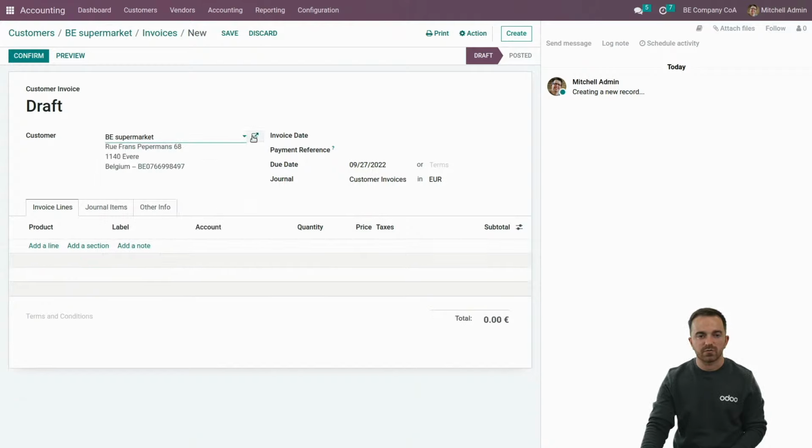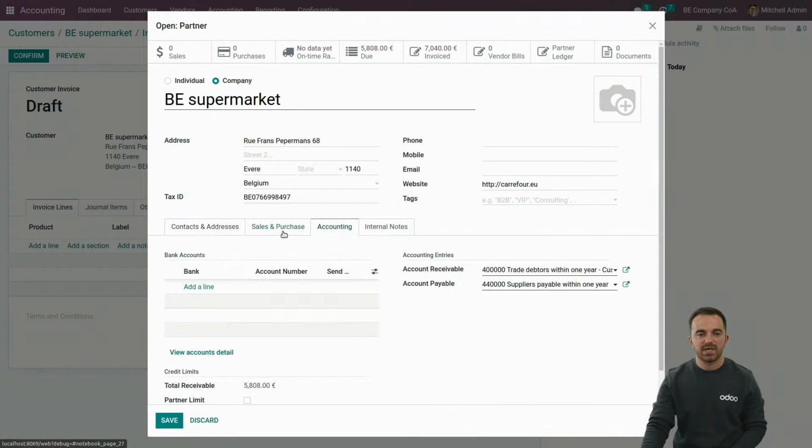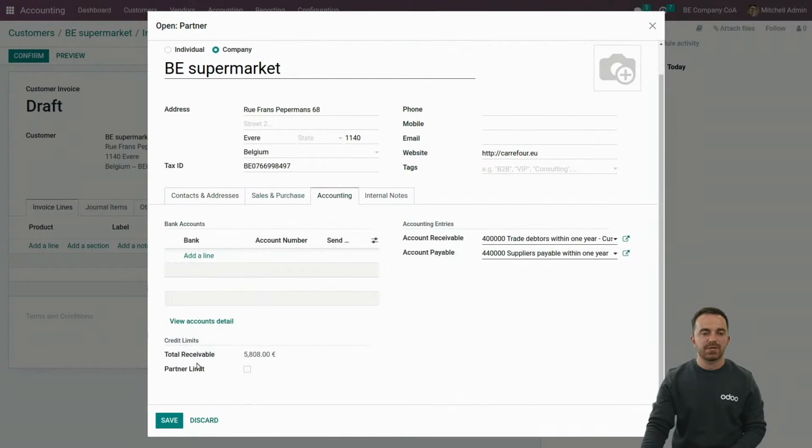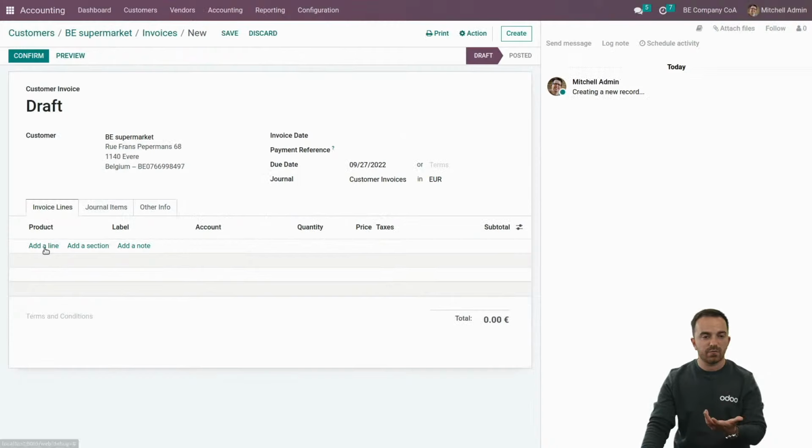And I forgot to show you something else. I'll go back to my customer form. In the accounting tab, there is a credit limit menu. So you can see here, my customer has a total receivable of 5,800. Let's say I decide to put a limit of 6,000 euros. I will save. And now on my invoice,